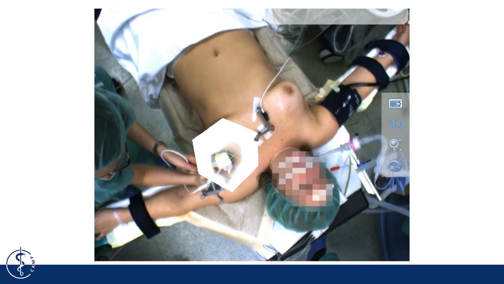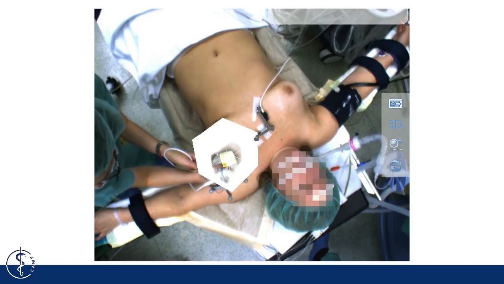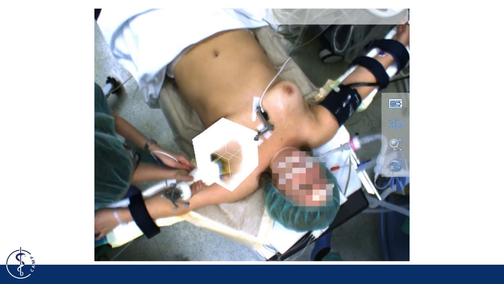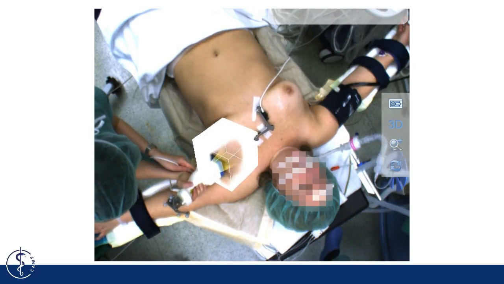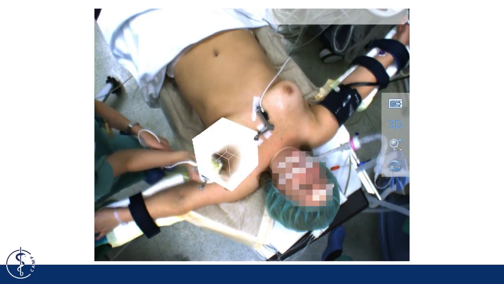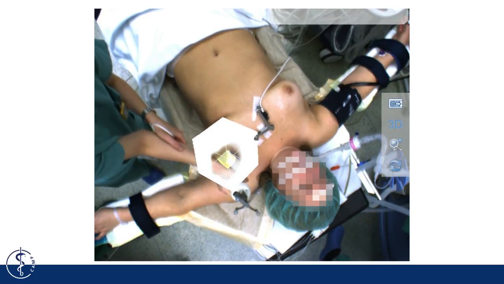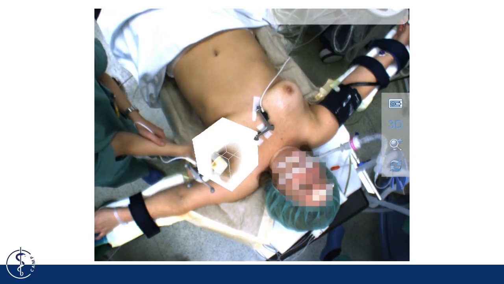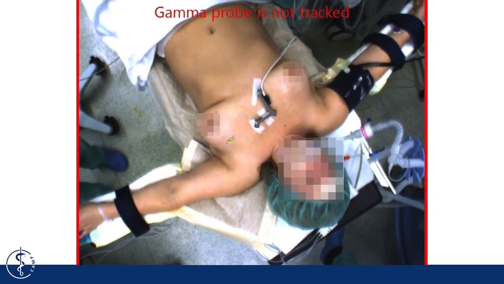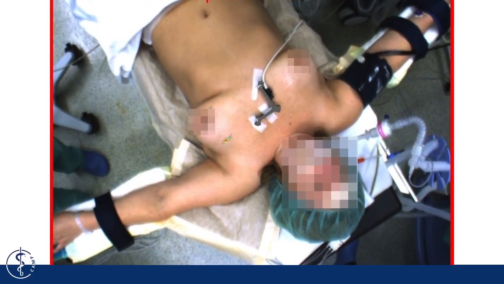Here you see a patient with early-stage breast cancer who is about to have a sentinel lymph node biopsy performed. With a tracked gamma camera, the left axillary region is scanned. In the augmented reality view, the white cube guides the operator in scanning from a sufficient amount of directions to allow a 3D reconstruction. By using intraoperative SPECT, the sentinel lymph node of this patient could be successfully located and